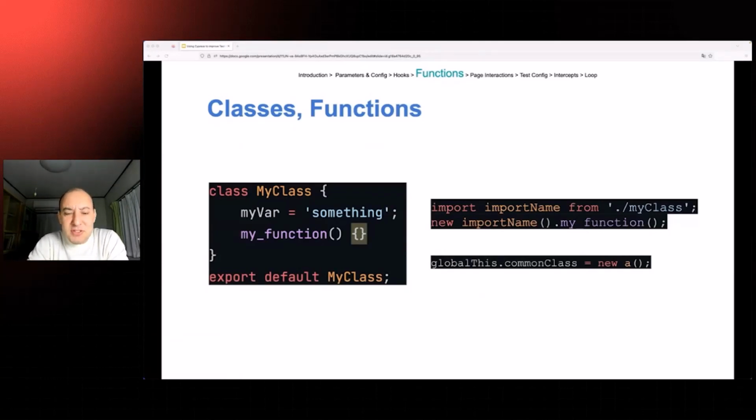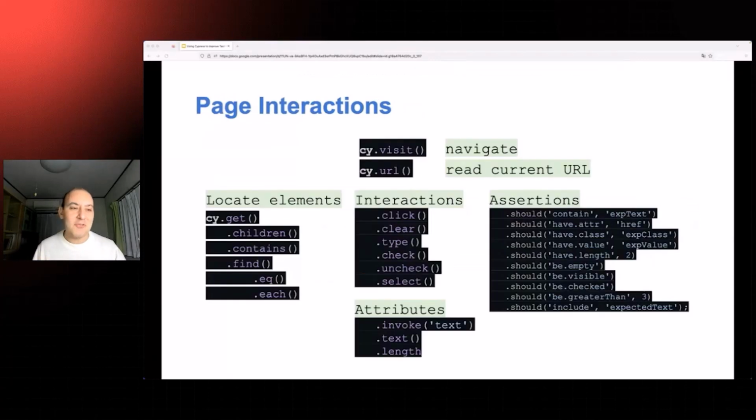Because if we have some repeated steps, of course, we can extract them into some separate classes or methods, and then we can call them from our spec files. In this way, whenever we have to update them or apply a fix, we only have to fix the relevant class or method. We don't have to update all the spec files separately,